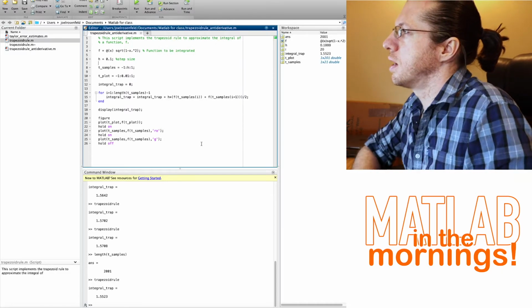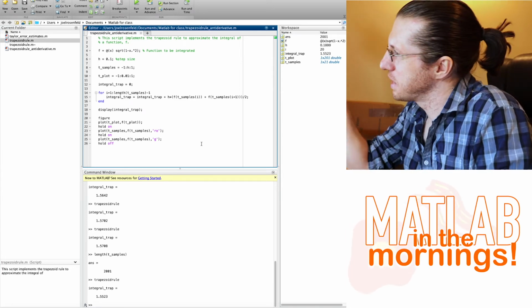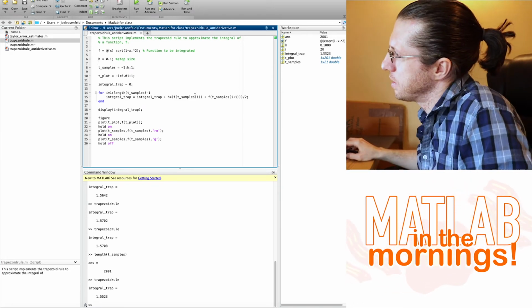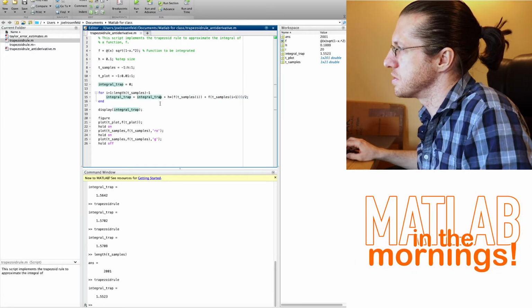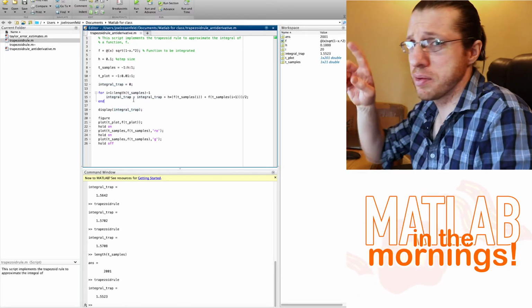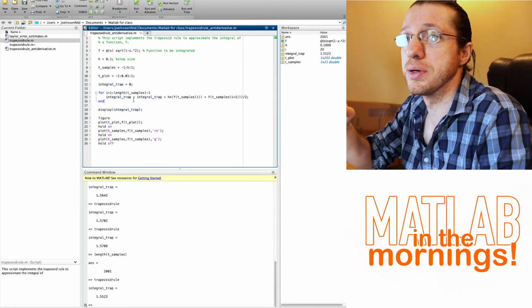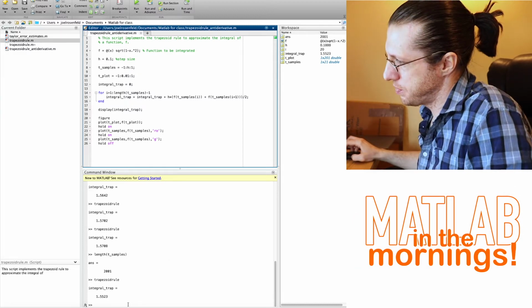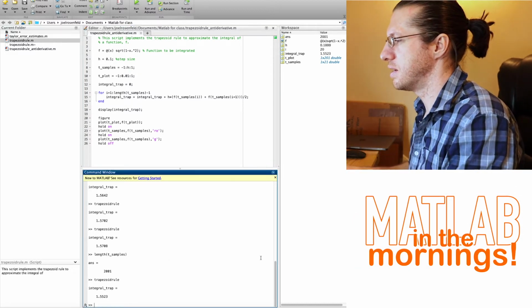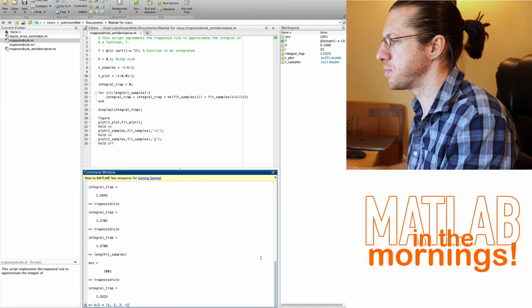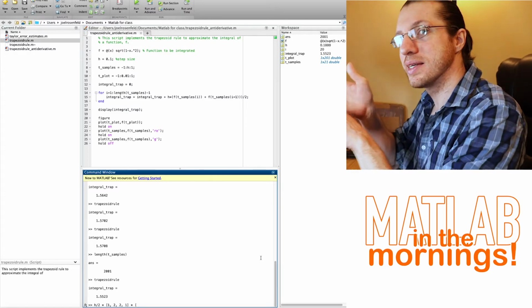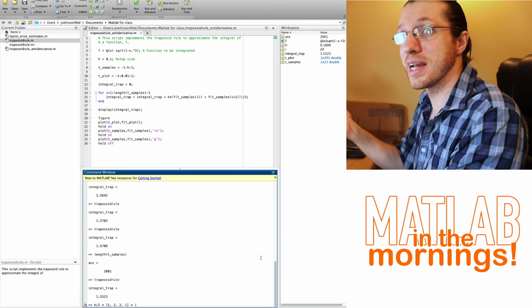Okay, so we should talk about this a little bit. So in here, we see that we're going from sample t_i to t_i plus 1 and dividing by 2, and so that basically means everything about the first and the last sample are actually used twice. And so basically what I can do is I can write this as h over 2 times 1, 2, 2, 1, and if I multiply that by the samples, so we have a row and we multiply it times a column, it's going to actually turn that into just a